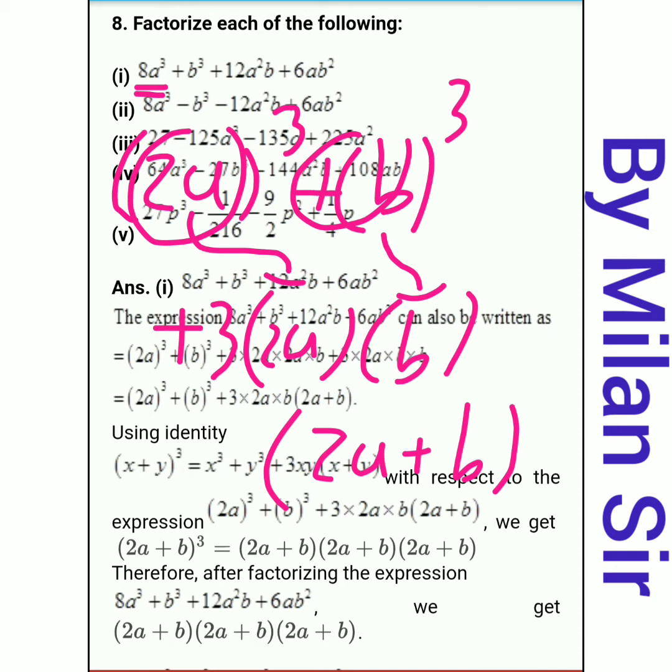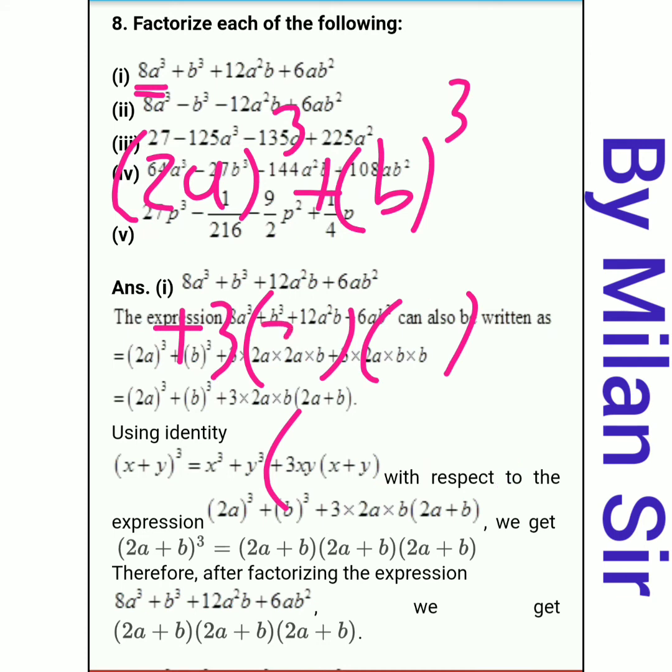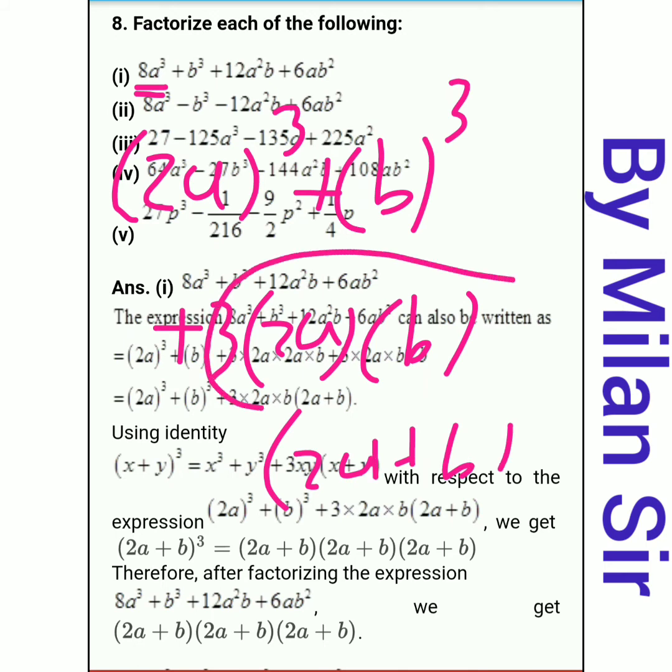First of all we need to write the cube root of the first two terms, after that plus 3, then first bracket, second bracket, and first bracket plus second bracket. Right now we just need to check whether our setting and our step are correct or not. For that, here we have 2a, here b, 2a plus b, right? We need to multiply this term with this bracket. This is only for the checking, we do not need to write this.